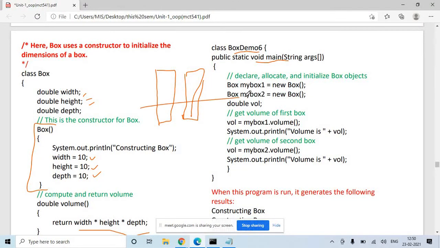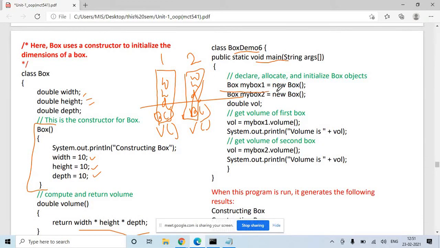In myBox1 you will have width, height and depth. In myBox2 you will have width, height and depth. Here you have written one constructor function and one volume function. This is how your objects will look.